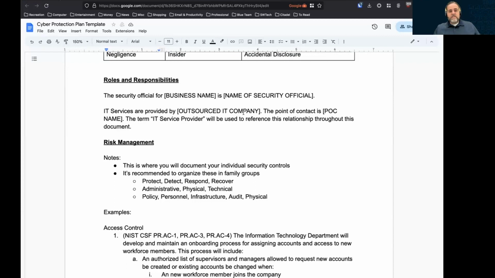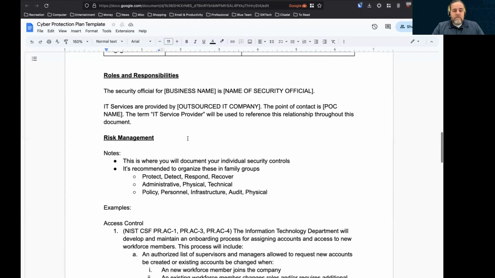Roles and responsibilities are very important. This is one of those things that you'll see in a lot of compliance requirements, where it says there needs to be a buck-stops-here assignment. So this is where you say, hey, this is the final authority on all security within the business. This is the person who's responsible for doing it. This is the person who's leading it. This is the person who's responsible for making decisions. And this is the person that we throw the book at when something goes wrong. Not really, but this is the person we talk to when something goes wrong.